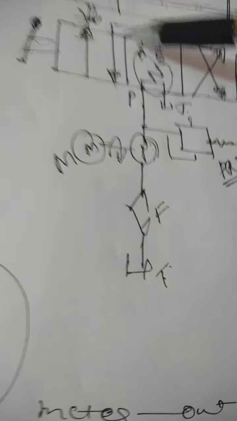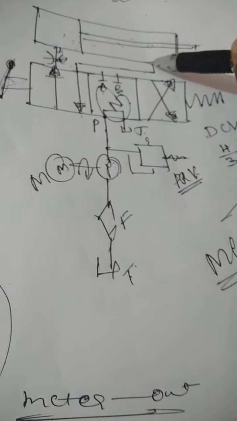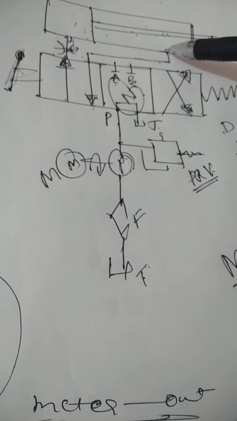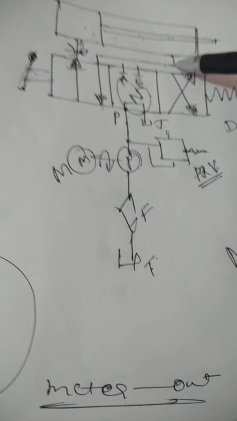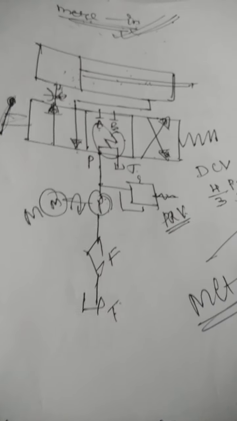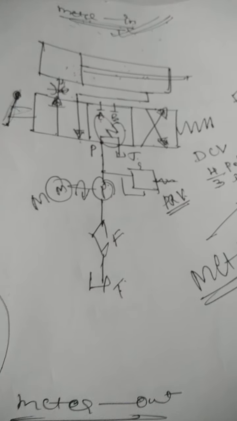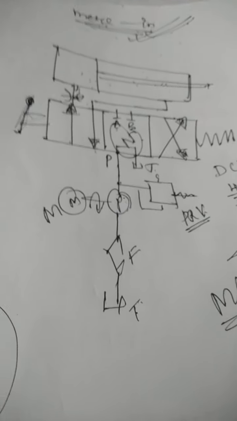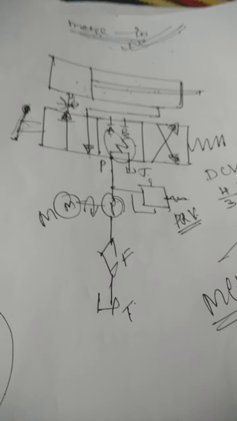Now this direction control valve is in turn connected to the cylinder at the inlet side and at the outlet side, and that is shown in this diagram. See here, this is the construction diagram, and this is already explained in various circuits. Therefore, I am not going into detail. Hope these parts and connectivities of the circuits are already very clear to you.